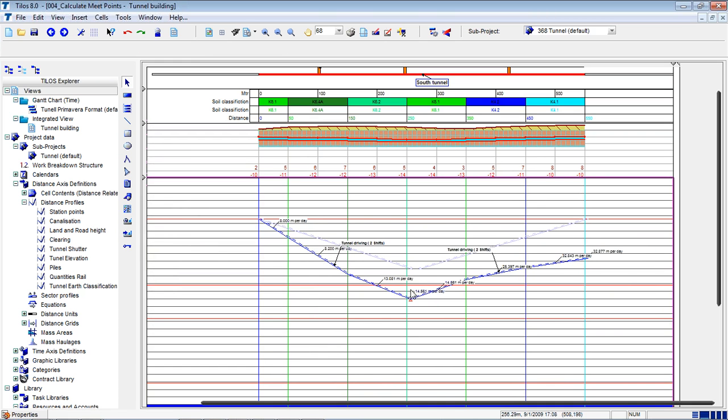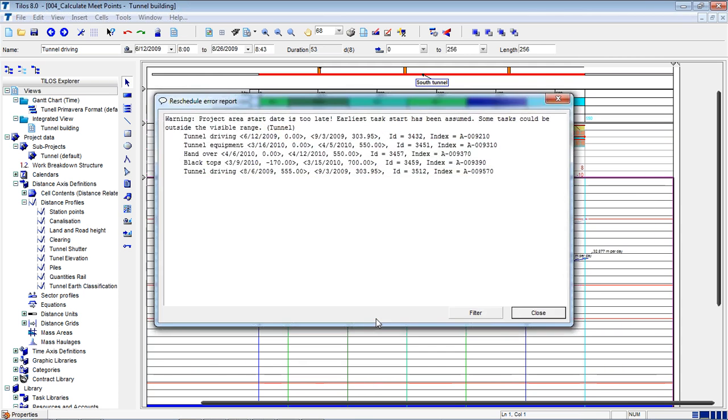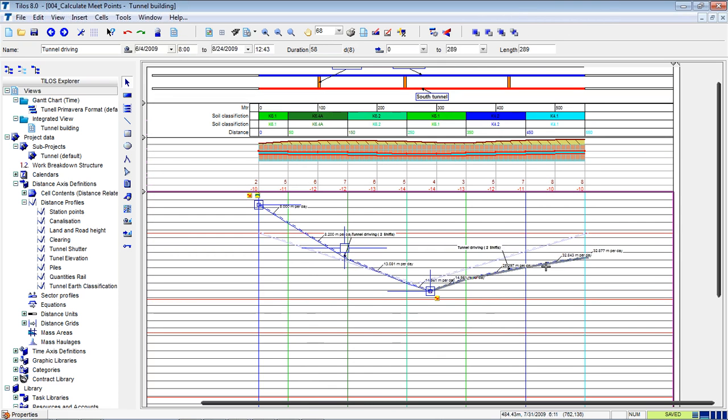But at the same time, I see that there is a problem because I am going to be delayed. So if I don't want this case, I have to change the TBM capacity, or I have to start it a little bit early. And how much early? You can see that this one, okay, here also moving 1 month early, and this one a little bit early also 1 month, but still I am behind. Because I cannot change the soil types, I just started a bit early, and here